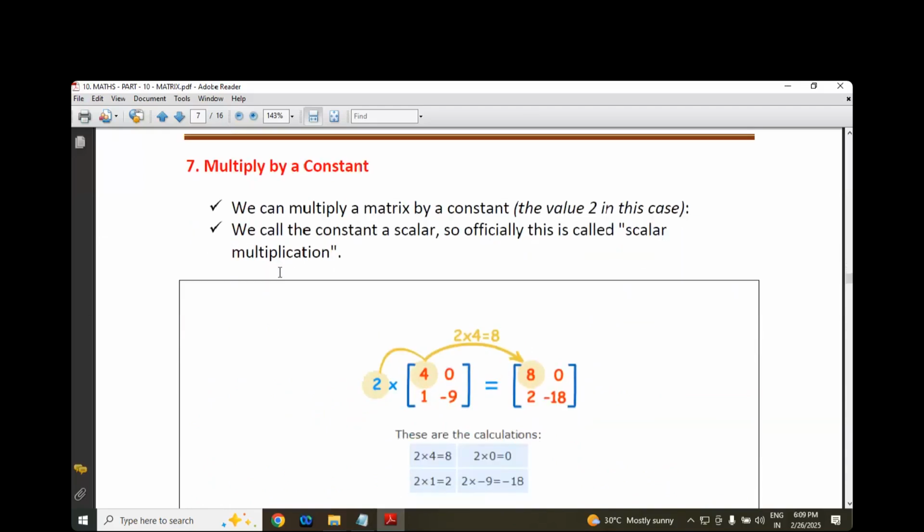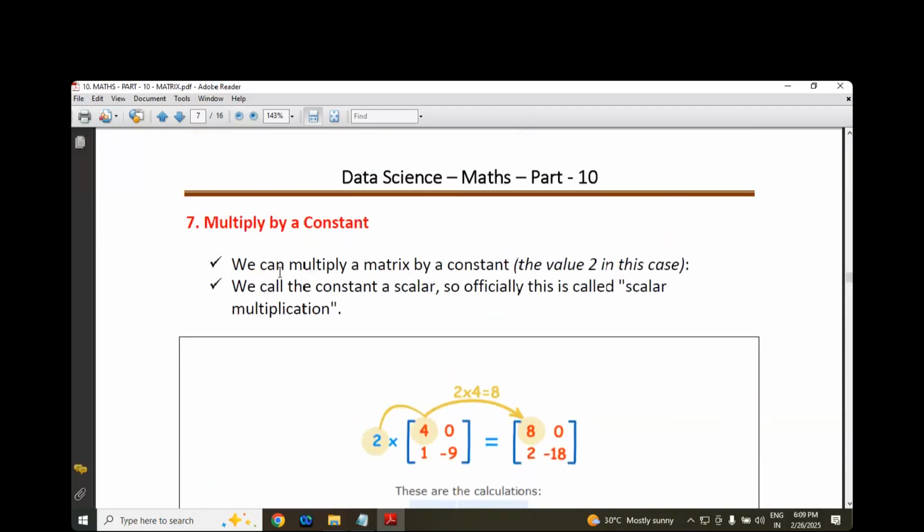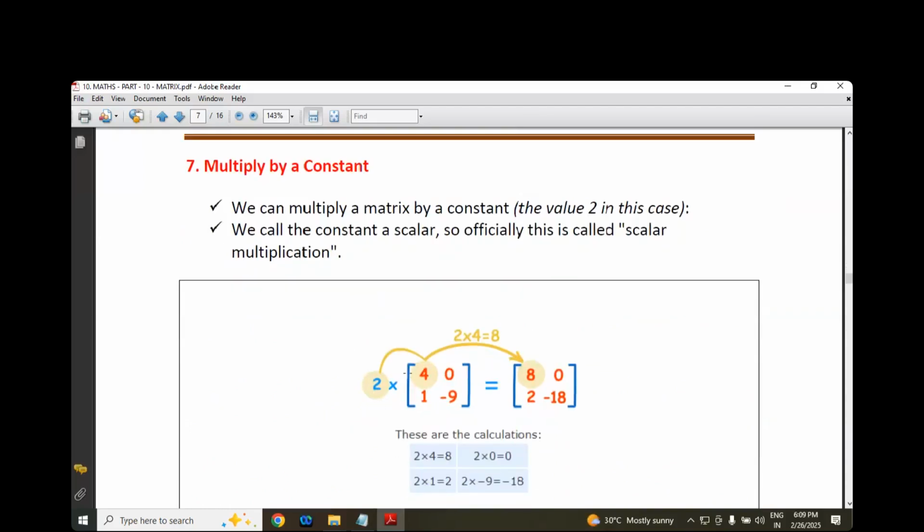Multiply by a constant value. Multiply by constant value. Good. Make a note on this one. If it is a matrix, it